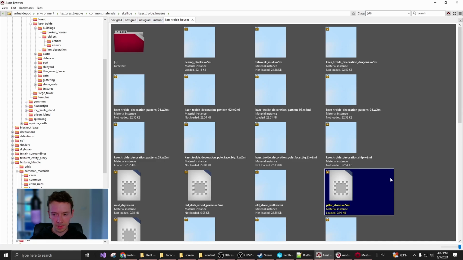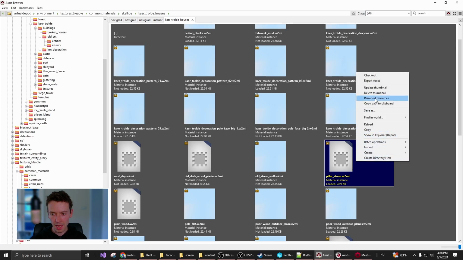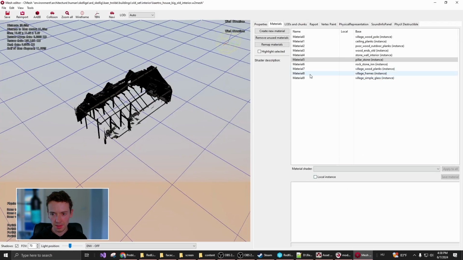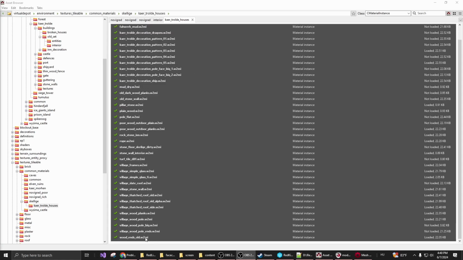Now, if you take a closer look at the current path, which is common materials, Skellige, and the Kaer Trolde houses, what you need to do to make sure that these material instances are taken up in order, no matter what level you're trying to use this in, is check them out individually to make them work. So let's check out this pillar stone and everything else, and I will go right back at you once I get the entire list. And there, I just checked out